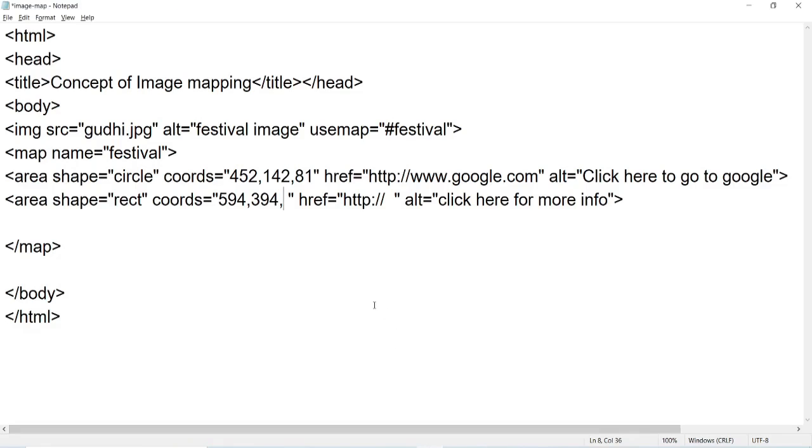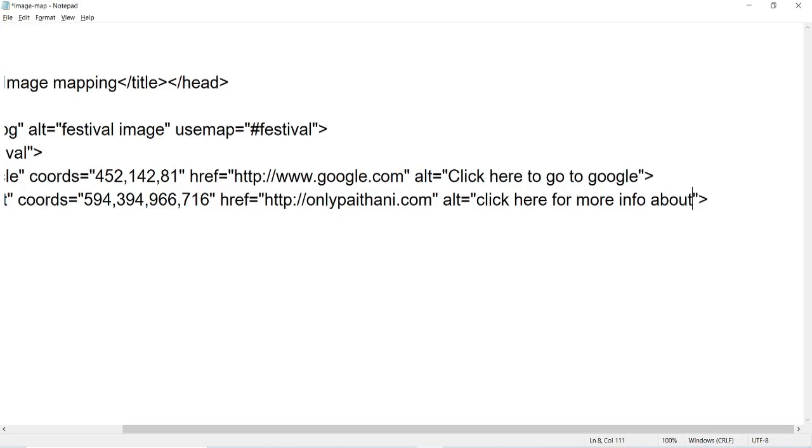So 966, 716, and I will add a website called onlypaithani.com. Okay, onlypaithani.com. So when the user clicks here for more info about Paithani, I will say,